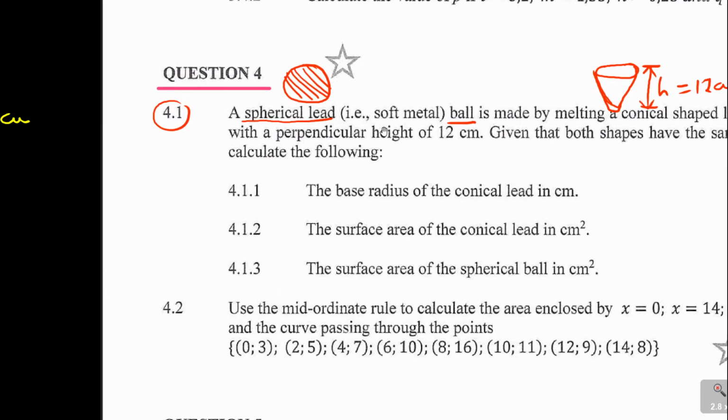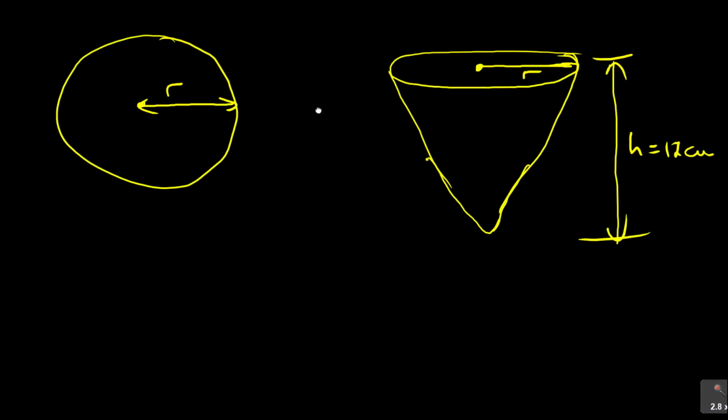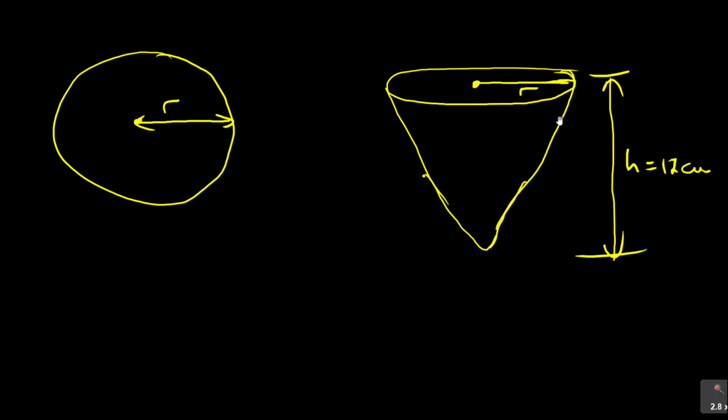Now, whenever they are giving this, there is always a hint. You need to equate things together. They just gave you the height, you know the r. What is, if you are melting something, you are changing it from a solid to a liquid. The moment you see the word liquid,